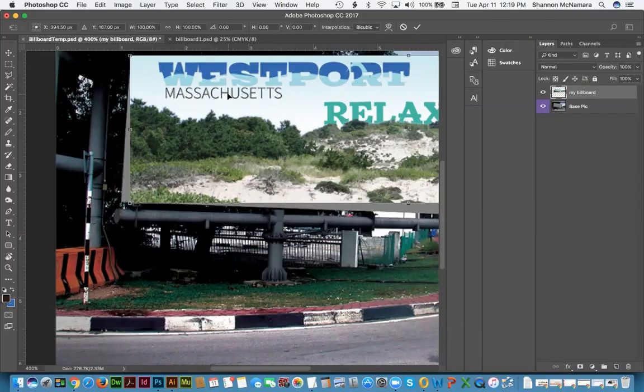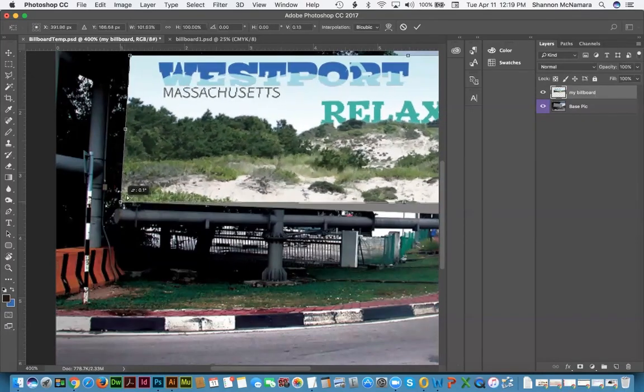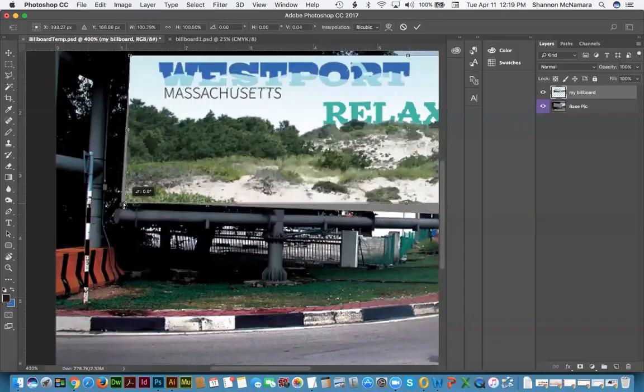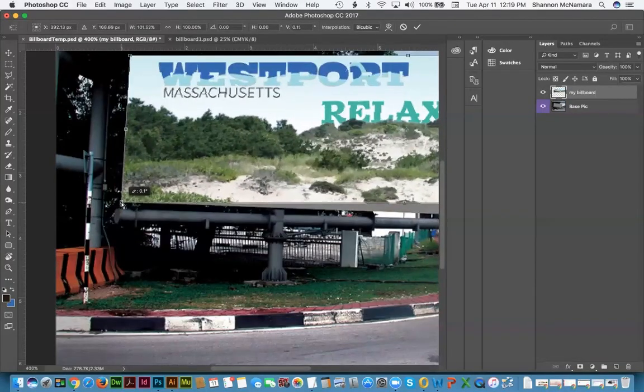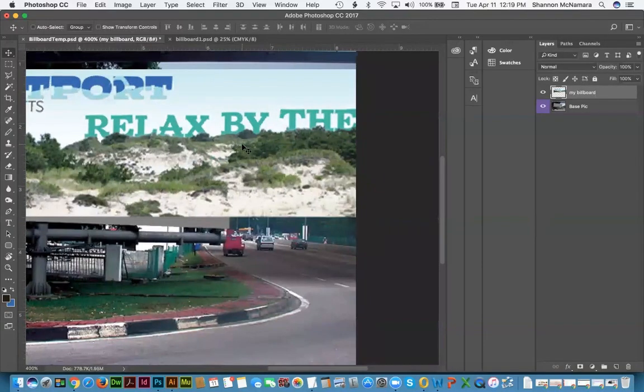That's all it's going to do. But if I hold down the Command key and I get that white arrow, it's going to allow me to skew it a little bit, which is what I want. So I'm going to hold down the Command key and grab just this corner right here, and I want to drag, and notice how it's skewing it. I'm going to drag it right to the edge of that corner. I'm going to let go, and I'm going to hit enter because I want that change to